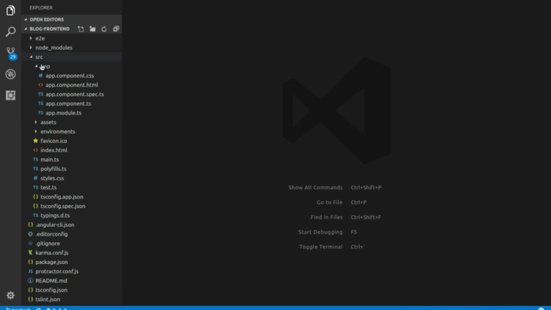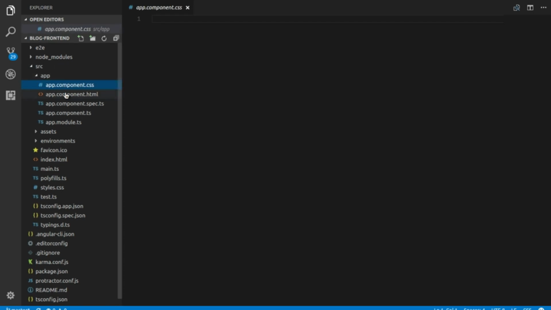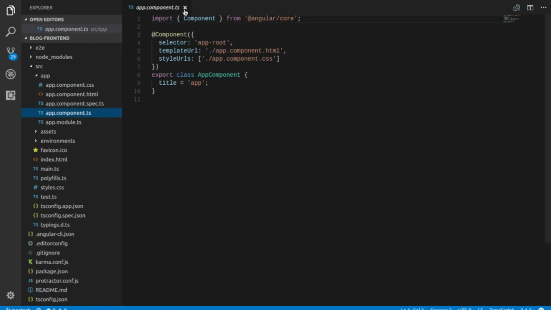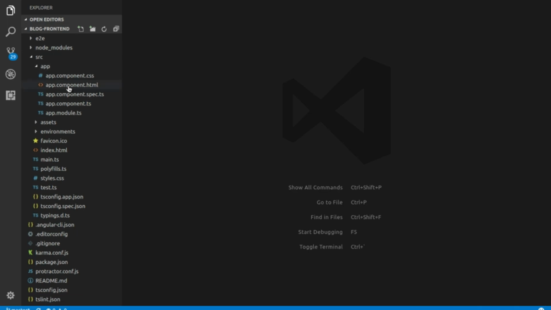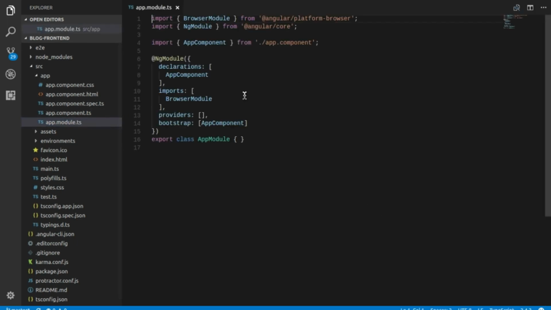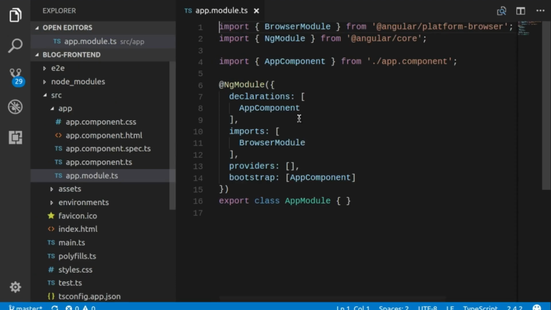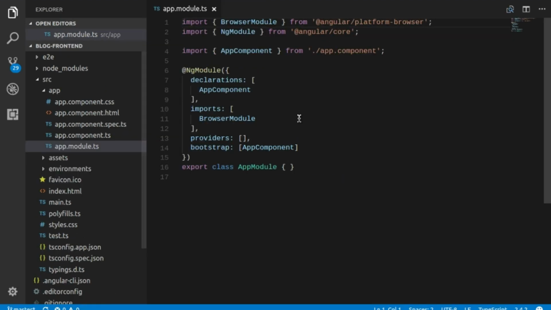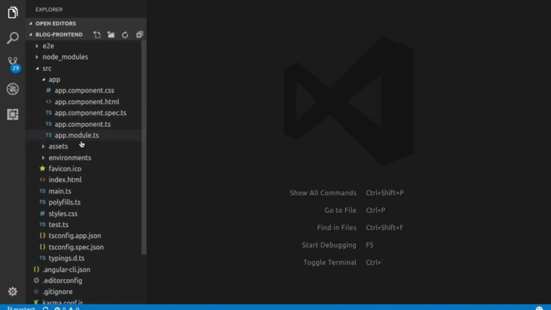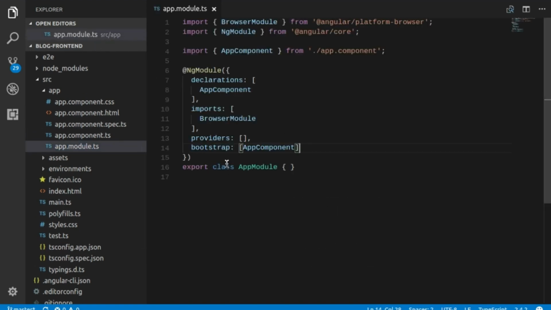So what it's doing is just creating a component. We'll deep dive into what a component is, what these files do, and what the code written here represents later on. And there's a particularly significant file here, app.module.ts. Again, it looks like a very different kind of code to us. It's not usual JavaScript, and you're probably not able to decipher it right now, but don't worry, we'll get into it. The intent of this file is to initialize our Angular application,